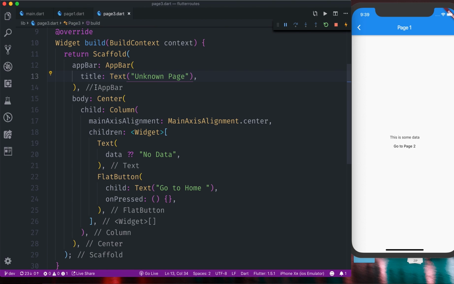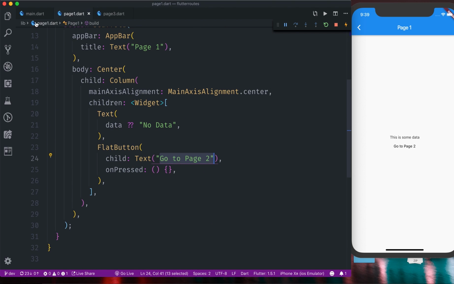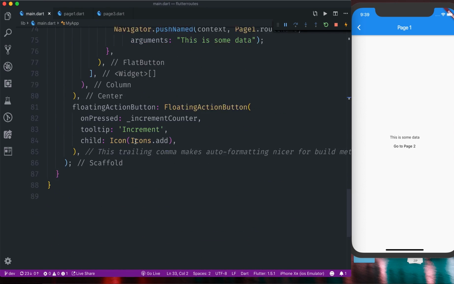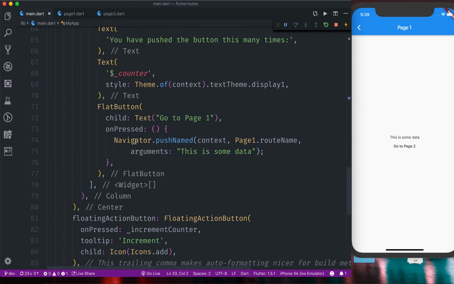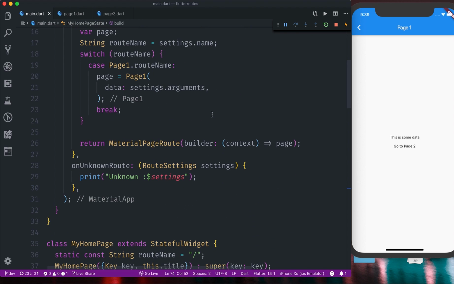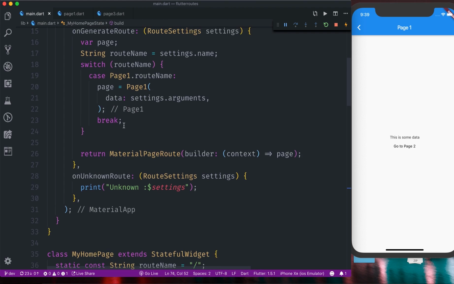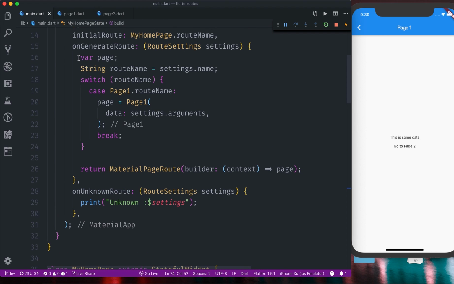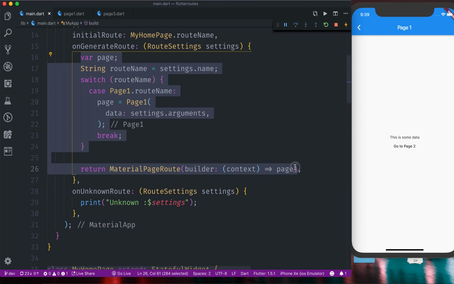Now let's say you are trying to use some different route name, let's say slash abcd, and because we don't know what abcd is, this is an unknown route. What I'll do is copy the above line of code from here to here,